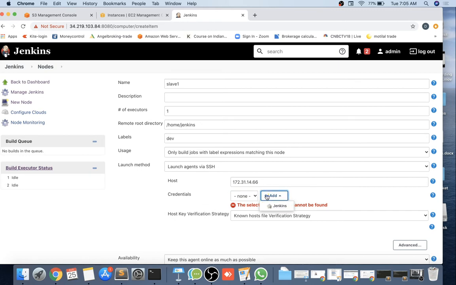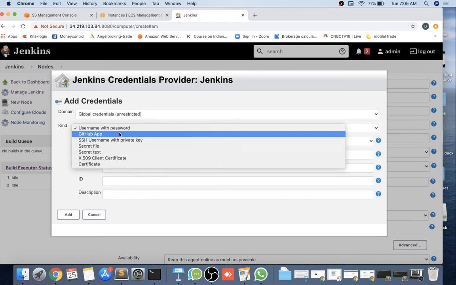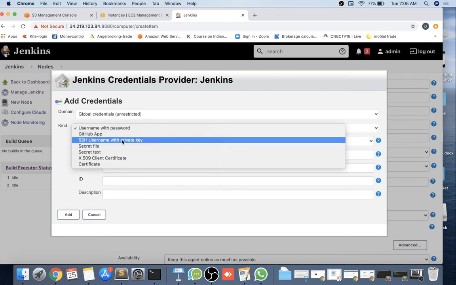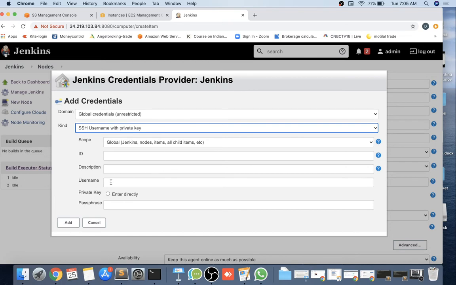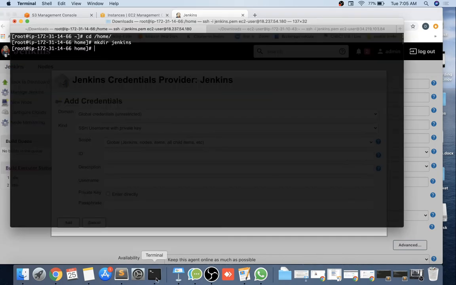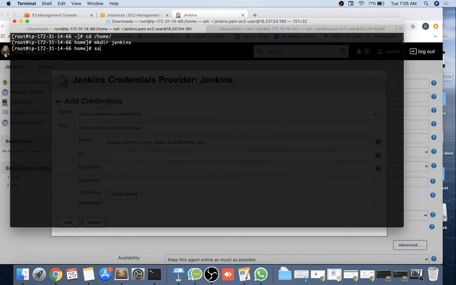For that, go to add Jenkins, and here you need to select the SSH username with private key, and now I need to enable it. Basically I need to exchange a key between the slave and master node, right? So I will generate a key with ssh-keygen -t rsa. So I am generating a key,